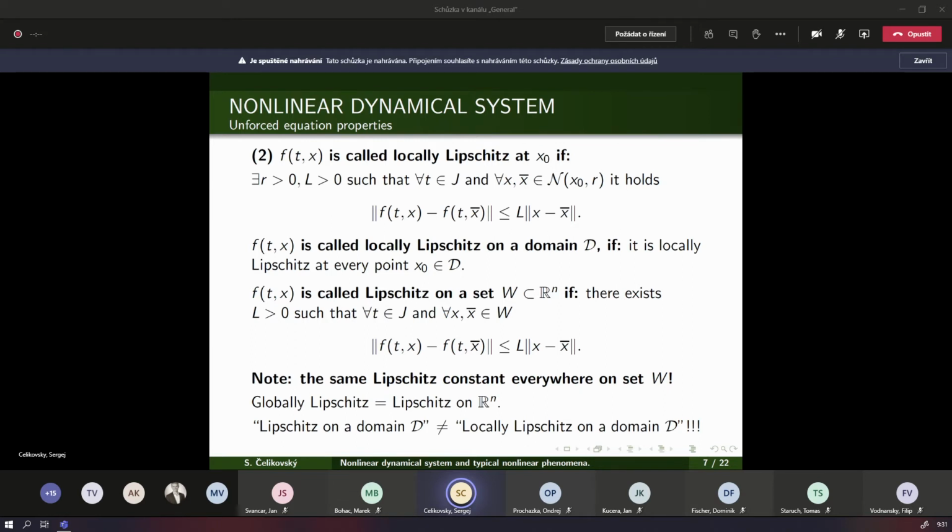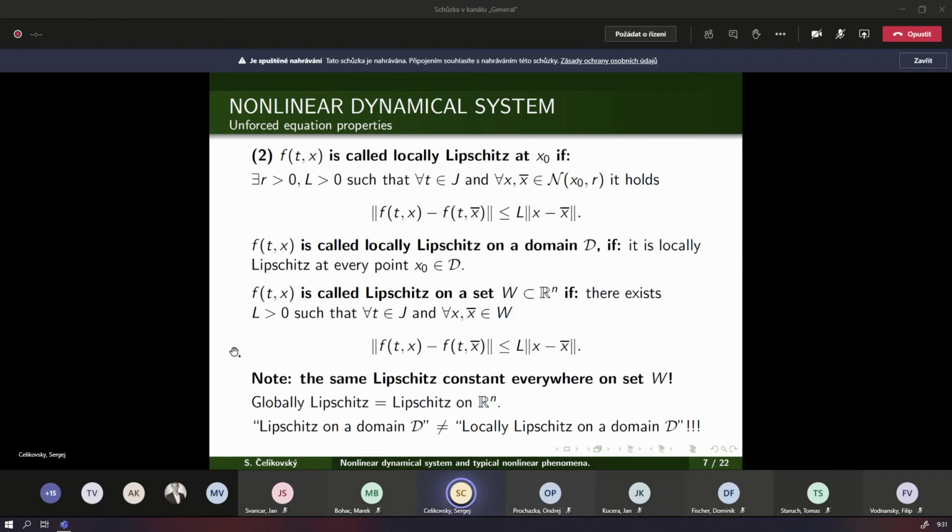So here it's important to understand that Lipschitz on domain is something completely different than local Lipschitz on domain. Local Lipschitz means that at each point you may have your own constant L, while Lipschitz on domain, there is a unique constant L